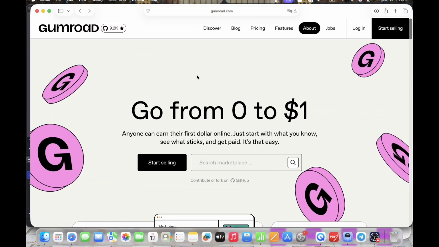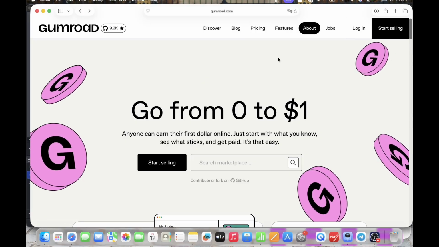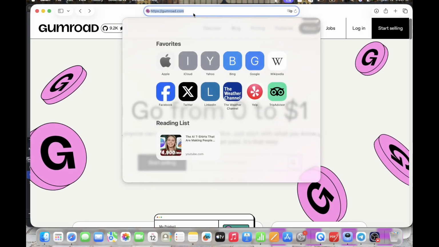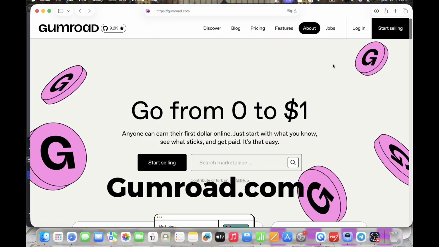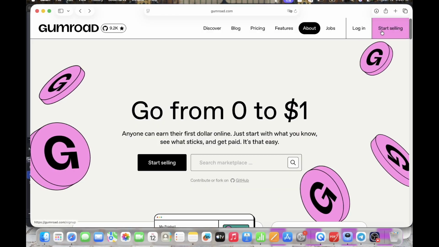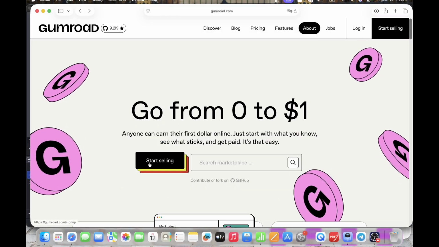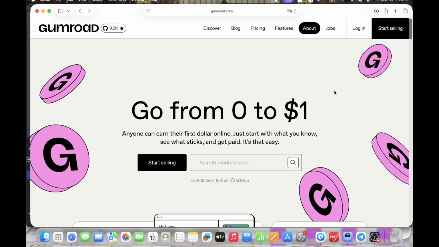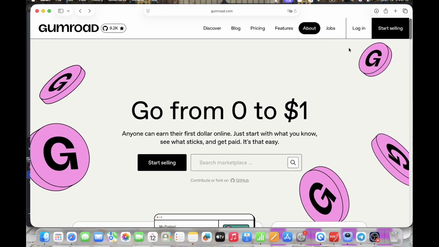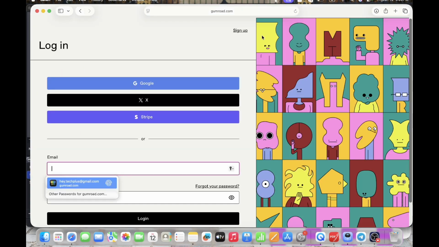Creating a Gumroad account is a very simple process. One of the reasons many people choose Gumroad is that it's so friendly and easy to get started with. So the first time you want to start selling digital products on Gumroad, you can just search for gumroad.com and then click on start selling here. But because I created my store before, I just click on login, and then you